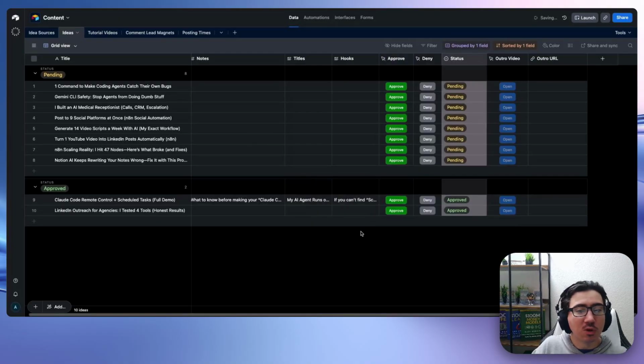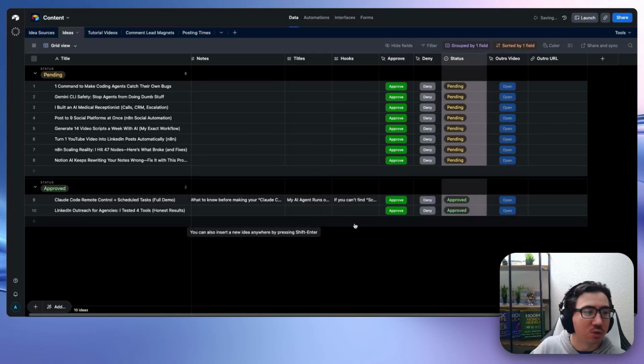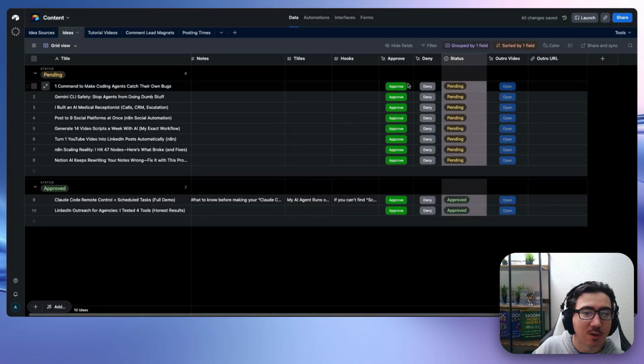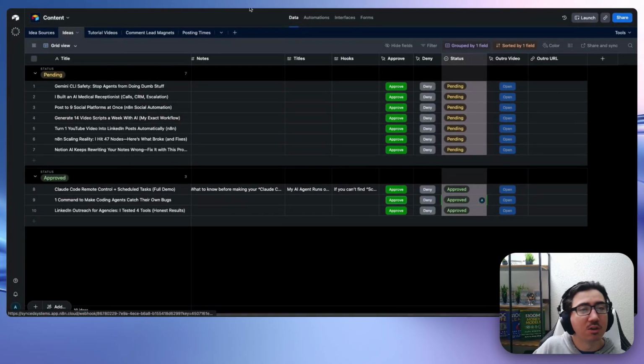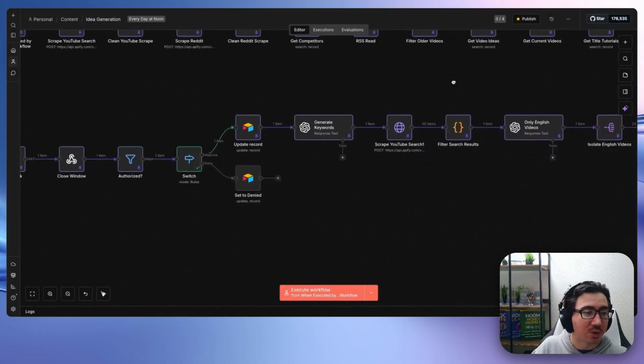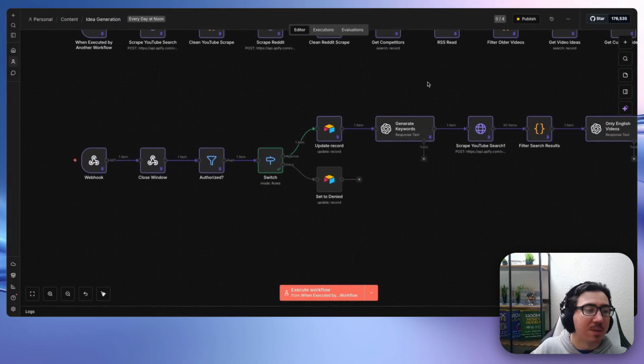And something that's really cool, if you're using Airtable, I'm going to show you a cool trick here. Let's say I like this top video. I click on approve. If you've done this before, there's just a new tab sitting there. If I click on this, the tab will auto close. So I'll dive into how that works and how everything else works. And again, there's a couple cool things coming up that make this type of video scraping and idea generation significantly more powerful than other things you might have tried.